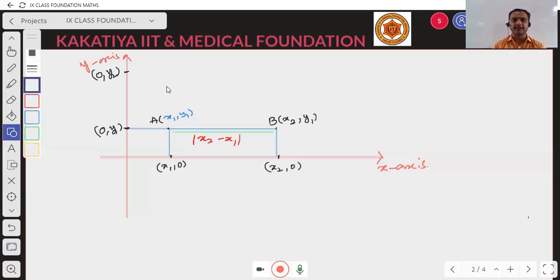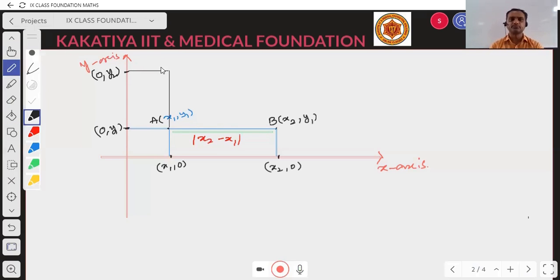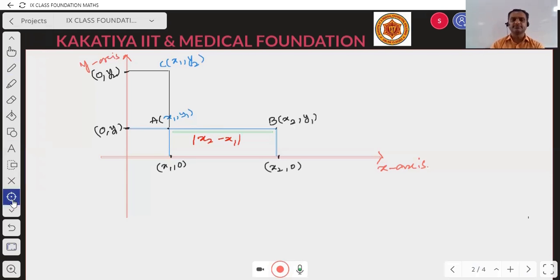In the same way, if I consider 2 points, say this is A, and over here, if I drag it all the way to this point, what is its projection on the x-axis? x1. And its projection on the y-axis is y2, right? Let me say this is my point C. So point C has x coordinate x1 and y coordinate y2. This is vertical to the plane, so we can say that their x coordinates are equal. Observe here, we have x1 and x1.